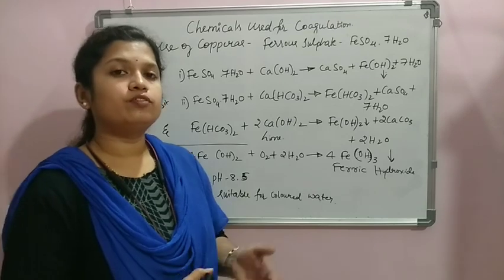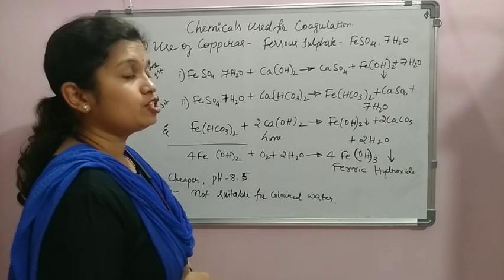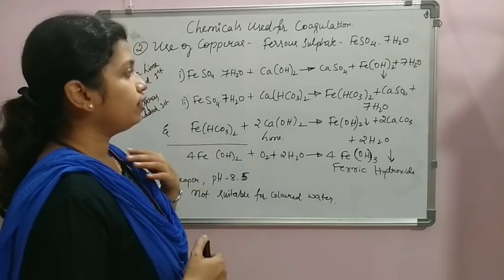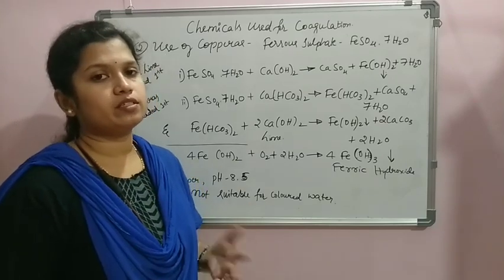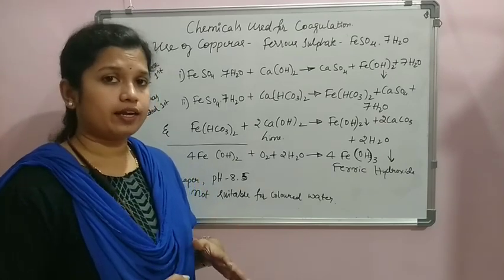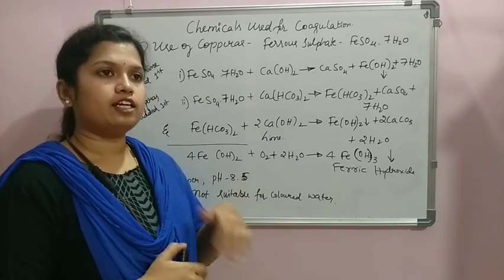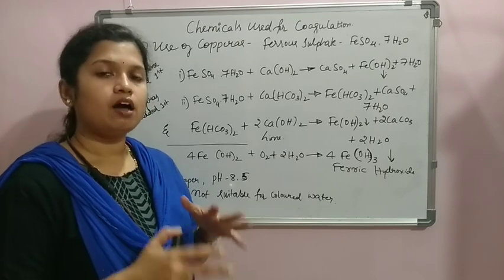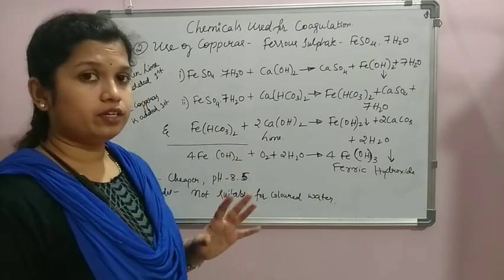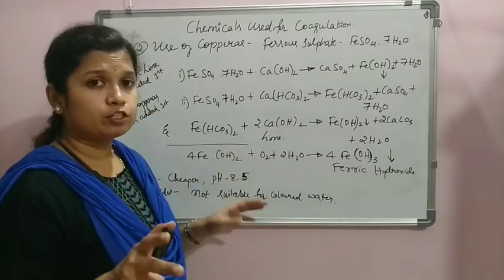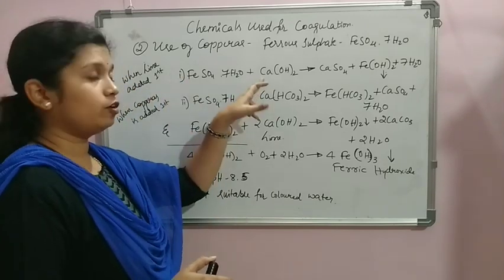Always when we go for coagulation, we need some alkalinity in the water, that is, pH above 7. Some alkalinity may be present in terms of calcium bicarbonate. If it is not present, we add artificial alkalinity. If water is acidic, the reaction won't take place. So artificial addition of alkalinity helps us continue the reaction. Whenever natural alkalinity is not present in the water, we add lime to make it alkaline.